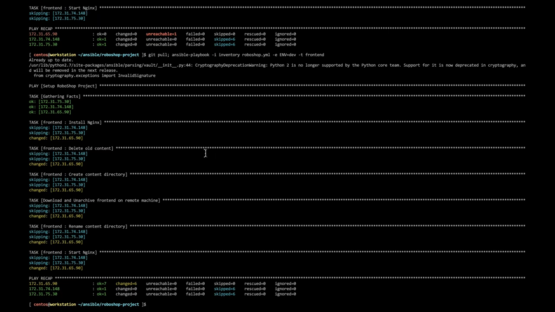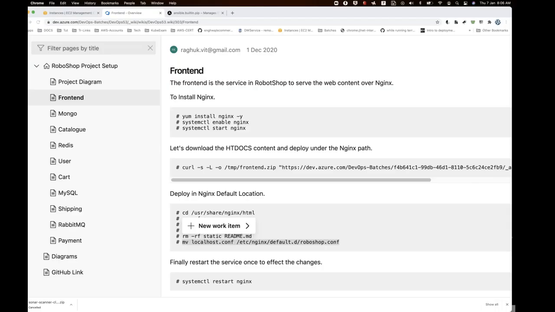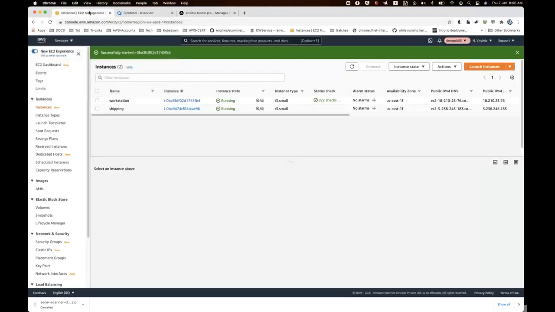Okay, cool. And if I just go to the front end instance, and if I hit it on the browser,